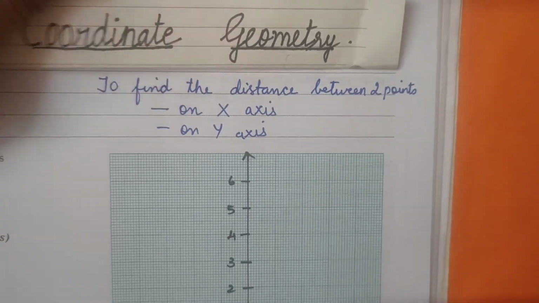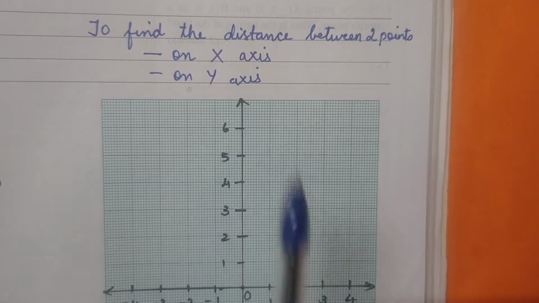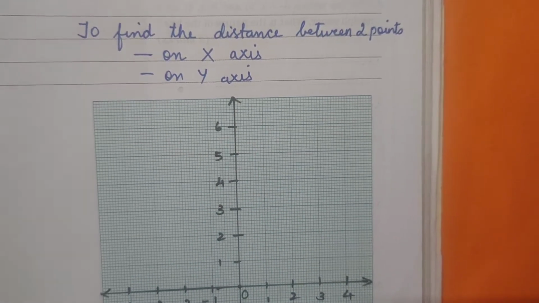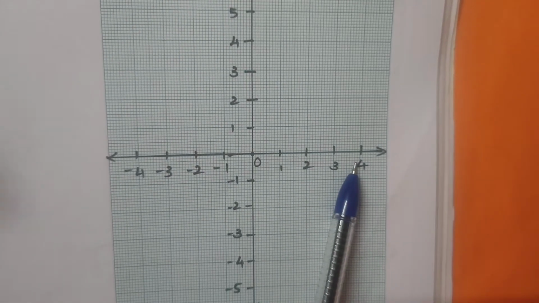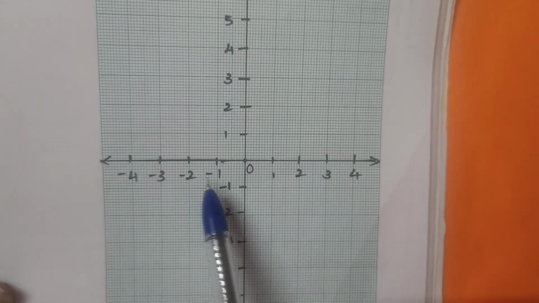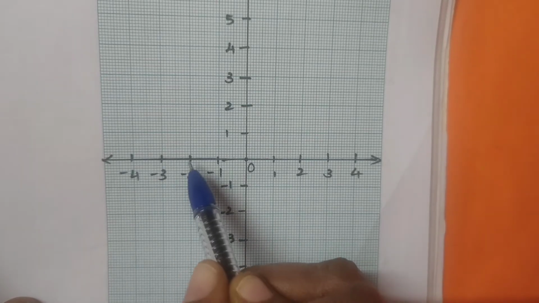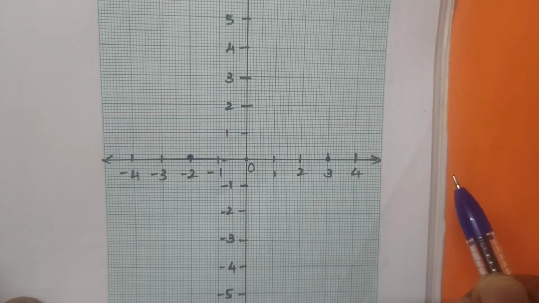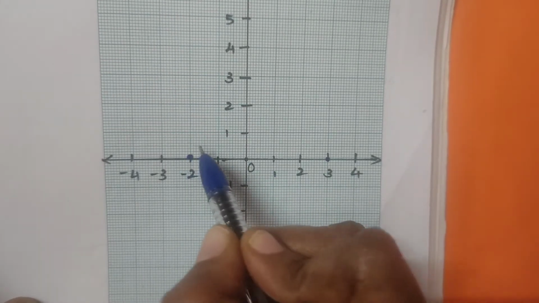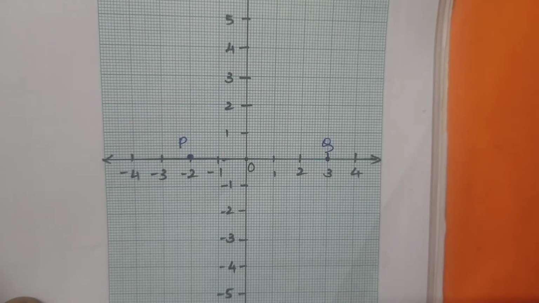Okay dear, let's see to it. So by the first condition, on the x-axis, let's see. You can see, this is the x-axis, right? So we have to find the distance between the 2 points here. Let's keep this point as 1 point and the other point, this point, right? So we will name them P and Q. We need to find the distance between P and Q.